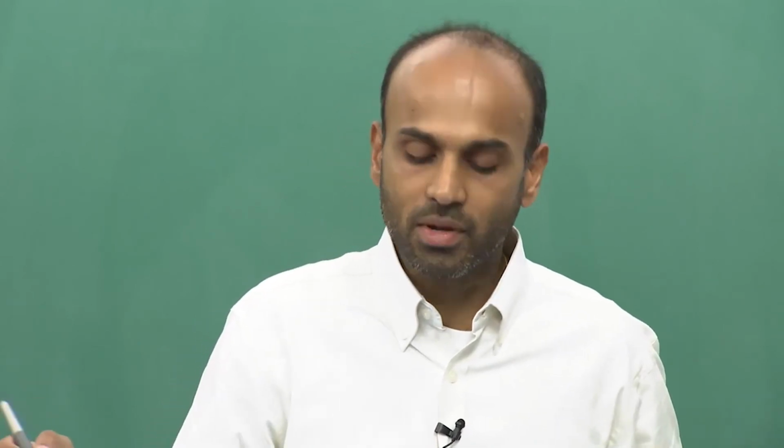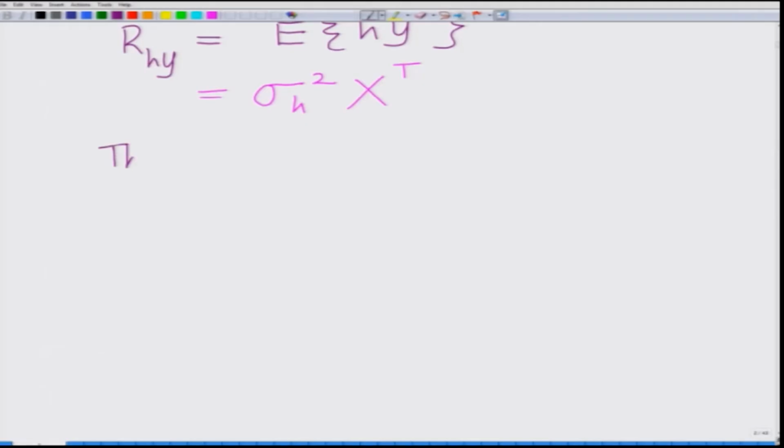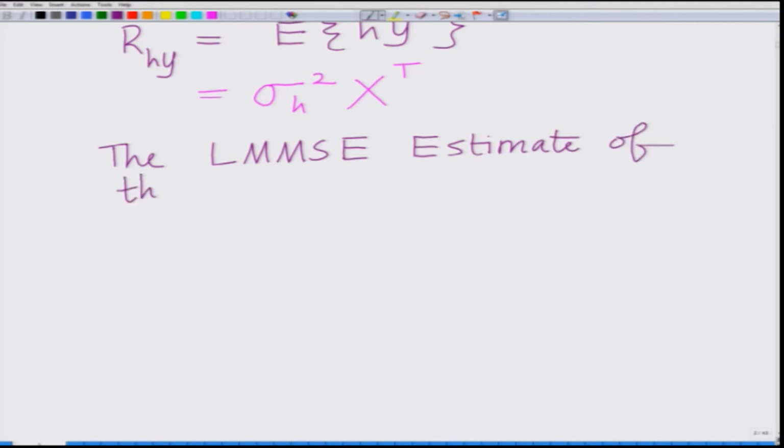Anyway, considering a general scenario, probably not necessarily Gaussian channel coefficients h, the LMMSE estimate is h hat equals r h y